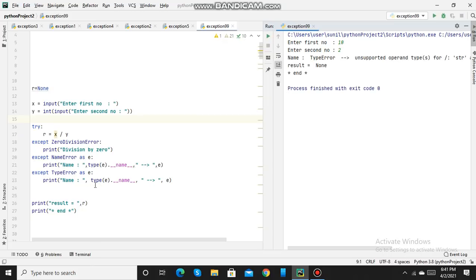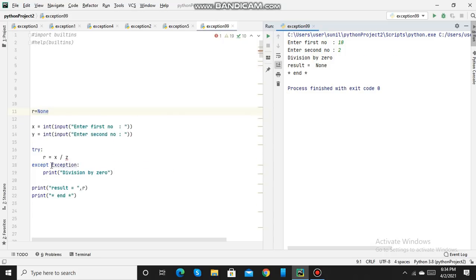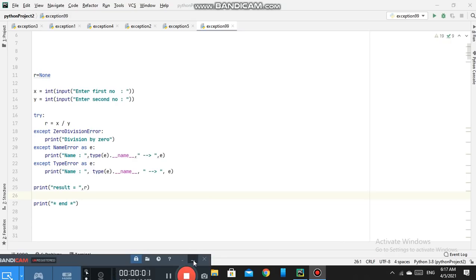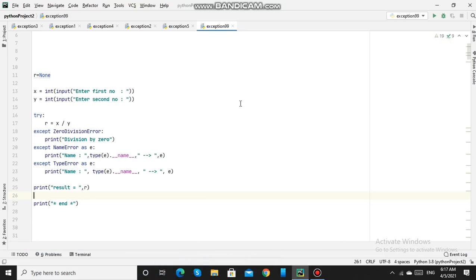It has printed the name as type error and it has printed the details of this error. So we have handled the type error. So this is how we catch exception and handle it.